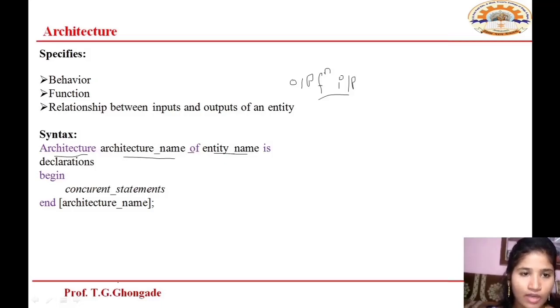Now this is the coding for architecture only. Architecture keyword, name of architecture and name of entity. It must be the same as the entity you declared above. Then we will have some declarations like signals and variables that we will see in a future lecture. After that we have some concurrent statements. So in the architecture we will execute some concurrent statements. What is meant by concurrent? The statements that execute at the same time. And then again we have the keyword end with the architecture name which is specified by you, that is the user defined architecture name. So this is the format of architecture.